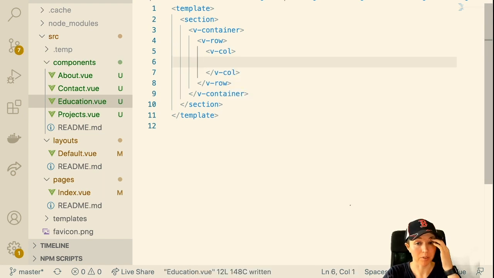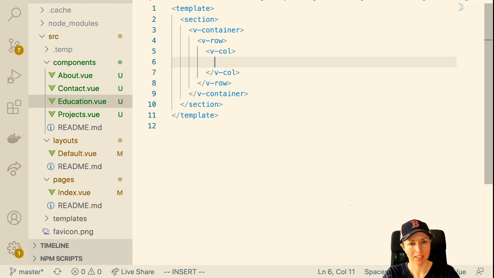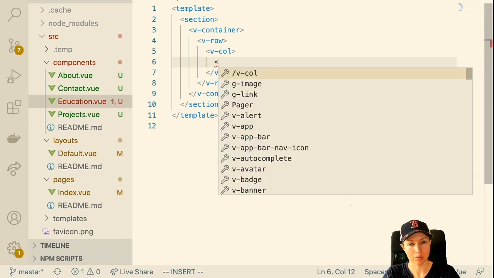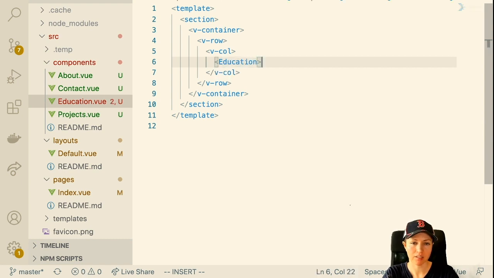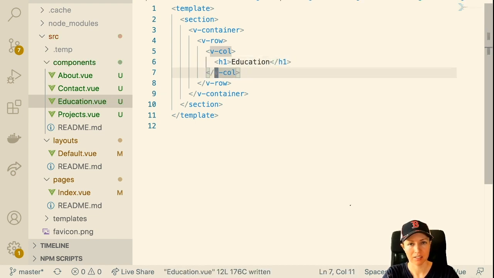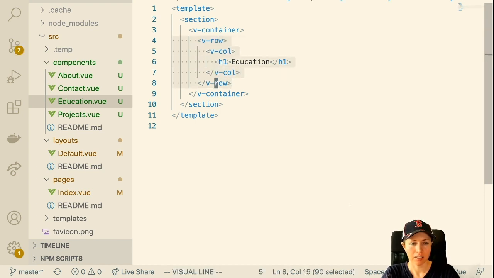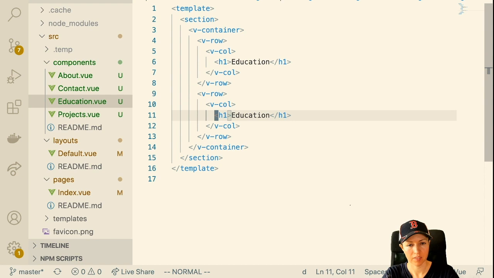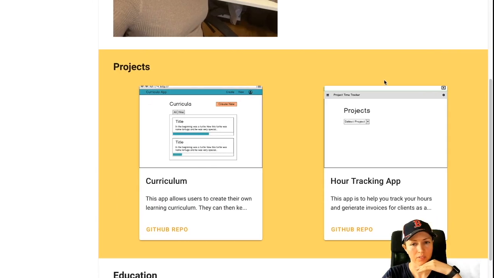I need to have a snippet which just generates these things or something. I don't know. Let's see. Now inside of this, I'm going to do the same H1 with education. No, that has to be inside of the H1. So education H1. And now duplicate those. And what do I want inside education? Should this be like a list or